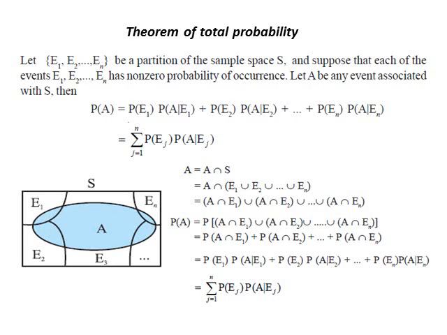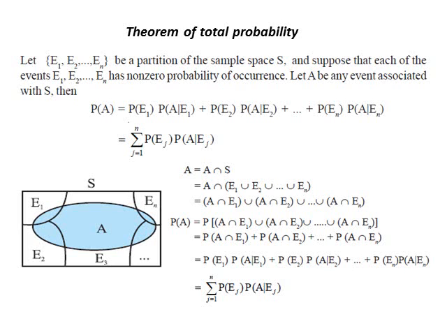P(A intersection E2) equals to P(E2) multiply P(A given E2) and so on P(A intersection En) equals to P(En) multiply P(A given En). Therefore, P(A) equals to P(E1) multiply P(A given E1) plus P(E2) multiply P(A given E2) and so on P(En) multiply P(A given En). Students, let's discuss some questions of